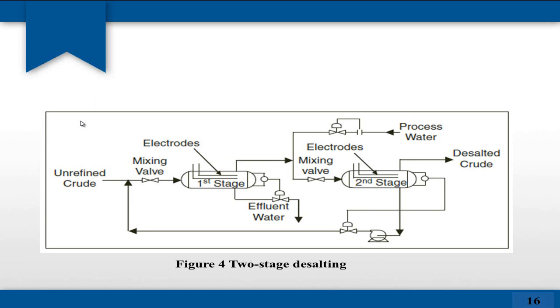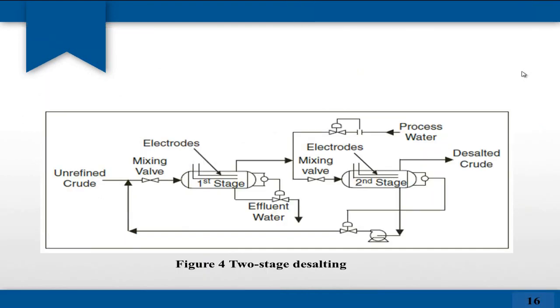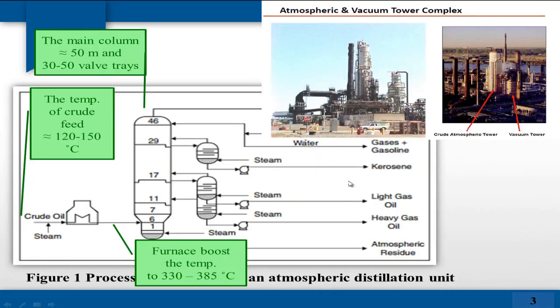Well, the desalting unit, or the desalter, of this design can achieve almost 90% salt removal. However, we can put two-stage desalting units in order to increase the removal efficiency up to 99%. For the crude free from the salt,